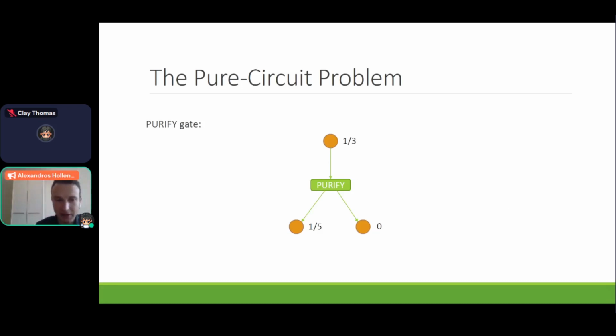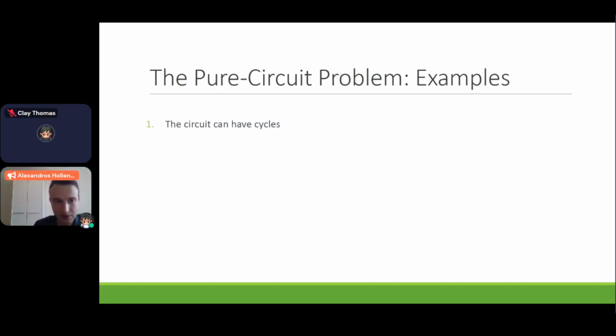Again, what's the high level thing to remember about this purify gate? If the input bit is already a pure nice bit, then it just copies it, it just propagates it. If the input bit is a garbage bit, then at least it creates you one arbitrary pure bit. So you get something useful out of it. So now I'm going to move on to some examples, and then I'll pause for questions.